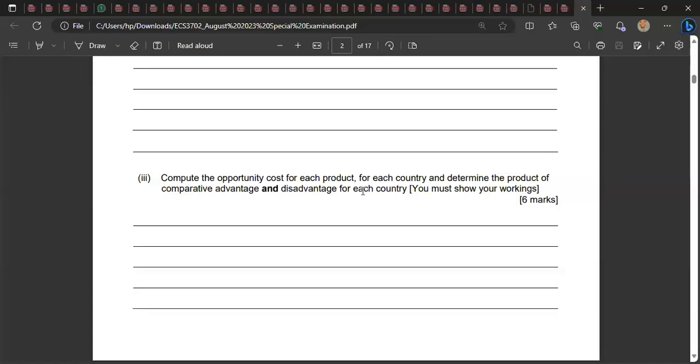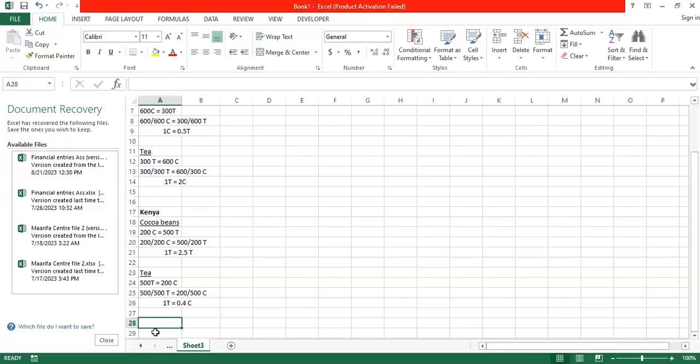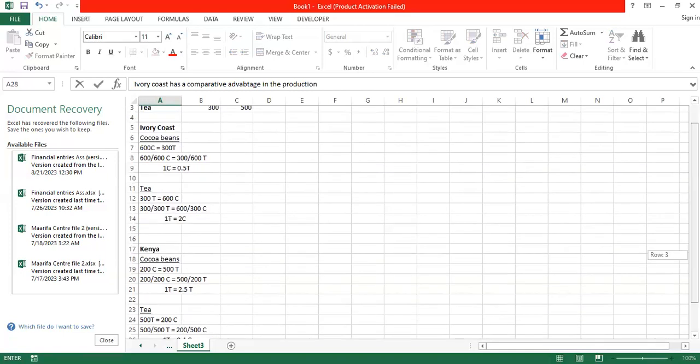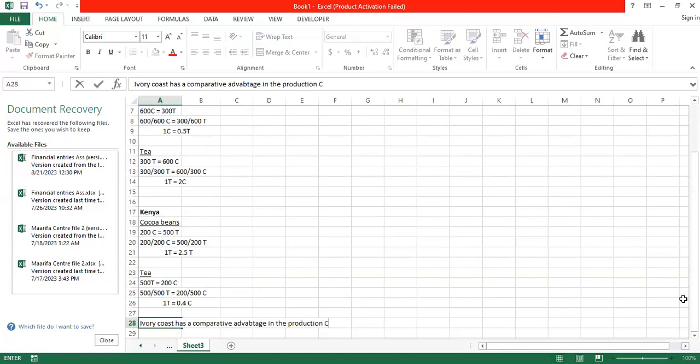So compute the opportunity cost. We've finished that part, the calculation, and determine the product of comparative advantage and comparative disadvantage. So let's start with Ivory Coast, okay? So we'll say Ivory Coast has a comparative advantage in the production of, we said what? Of cocoa, let's just say of cocoa,